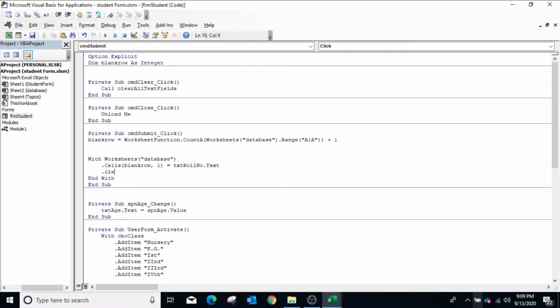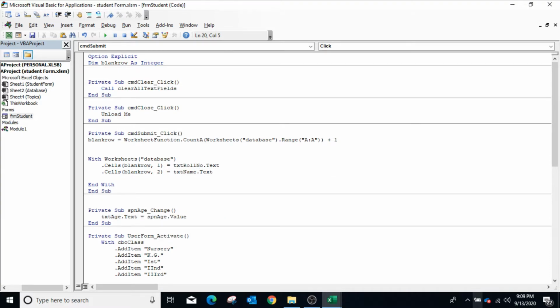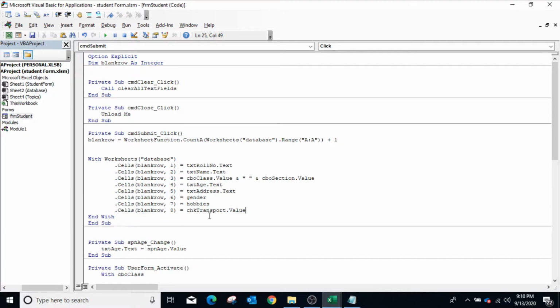Similarly, for the second column, which is for name, blankRow, comma 2 equals txtName.Text. Now similarly, we can store the values of other fields into the corresponding cells of the worksheet. So for all the other remaining form controls, we are copying the value into the corresponding cells.